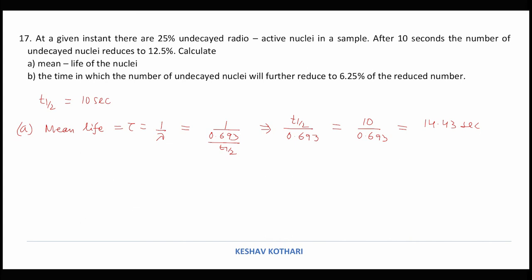But for the sake of calculation, I am showing it by the formulation of radioactivity. So we can begin in this way as well. We begin by writing the working formula: Nt is equal to N0 e to the power minus lambda t. From here I can write N by N0 equals. Now the question is saying reduced to 6.25% of the reduced number. So if I consider the reduced number to be 100, the question is saying that it is reduced to 6.25 of the reduced number.